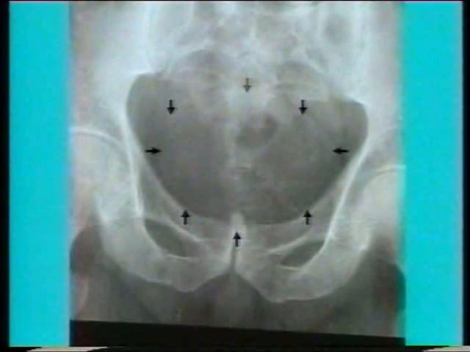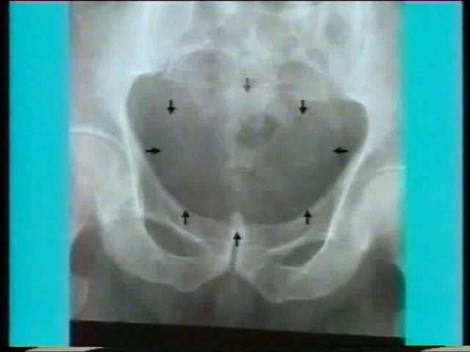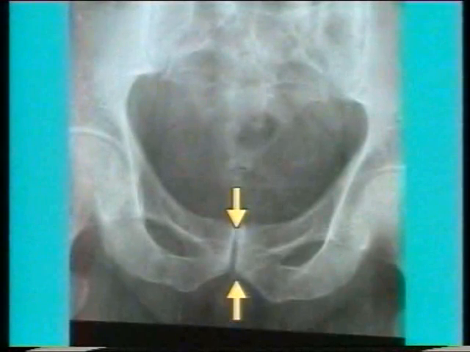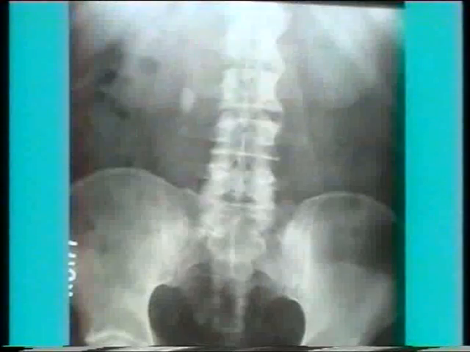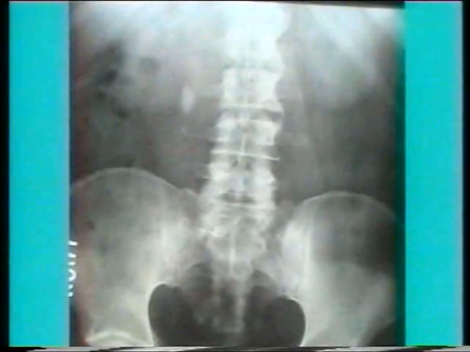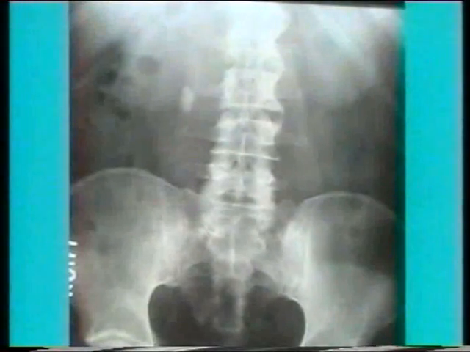The bladder is seen as a faint soft tissue shadow. In a KUB, the lower border of the bladder is along the upper border of the pubic rami. Lastly, inspect the prostatic urethra seen through the symphysis pubis. As a routine, look around at the pelvis, both hip joints and lumbosacral spine for any bony abnormality and for any other abnormal shadow. Don't miss this step just because you found a stone.